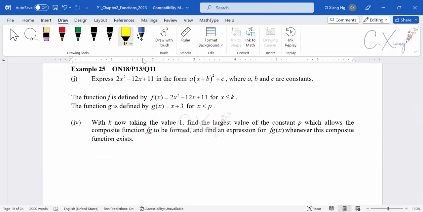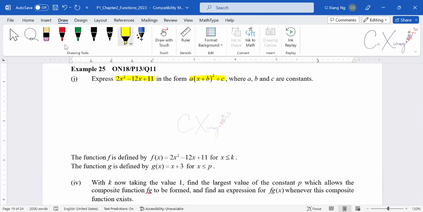First of all, they want us to express this in the completed square form. We have applied and learned this many times already, so I hope you're able to complete the square. To complete the square, I will take out the 2. I'm having plus something squared minus something squared, so the something here should be negative 3, and also the negative 3 here. Then the plus 11, I will just keep it outside because it will not be affected when I complete the square. After that, I will combine the first 3 terms into a big bracket with a square outside, and I'm having negative